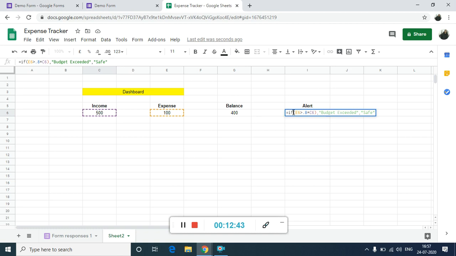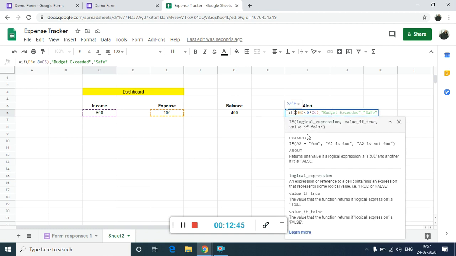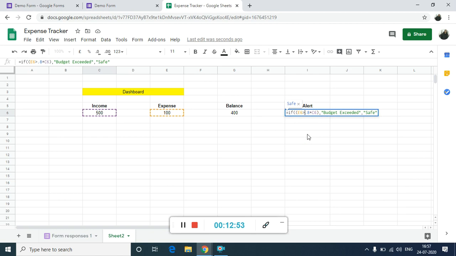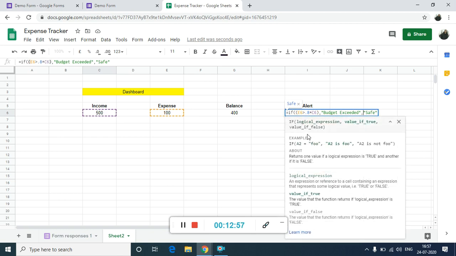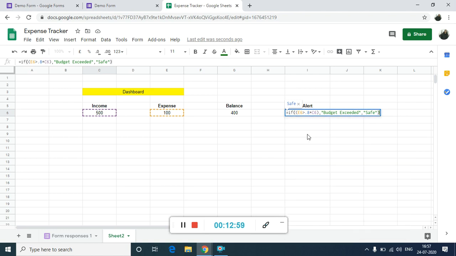Okay, here we will need to keep two brackets. If E6, that is my expense, is more than 80% of my income, then it will show budget exceeded, or else it will show that it is safe. Okay, so right now my expense is only 100, hence the alert is safe.